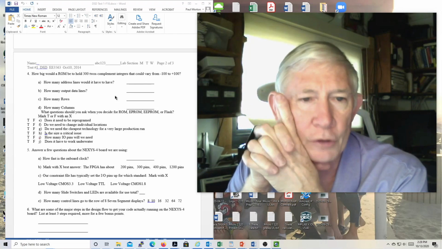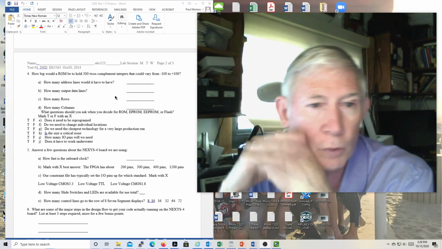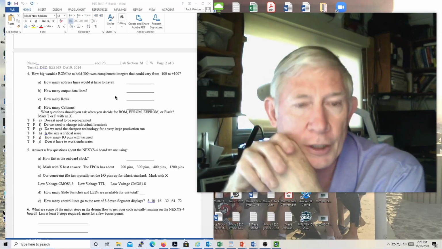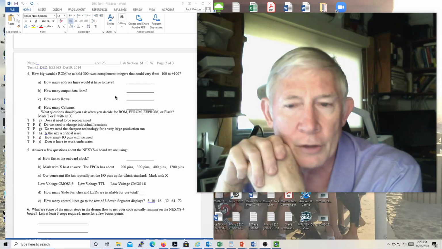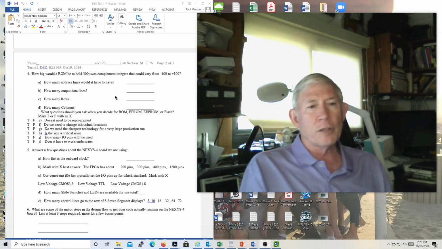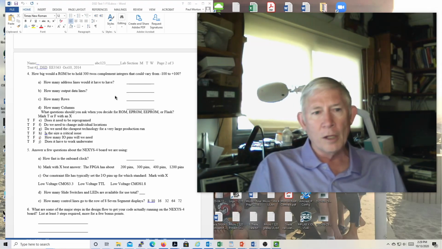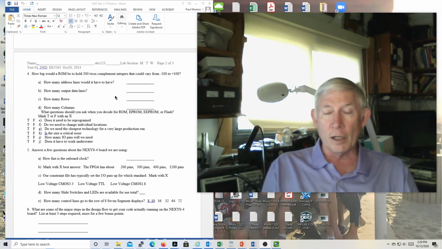All right, how big would a ROM have to be to hold 300 2's complement integers that could vary from -100 to +100? Well, okay, so it's a good question. So how do we do this? Well, first we take the log base 2 of 300. We'll find that the nearest power of 2 is going to be 512 because 256 is too small. So we have to double that. That's 512. So 512 is going to have 9 address lines,